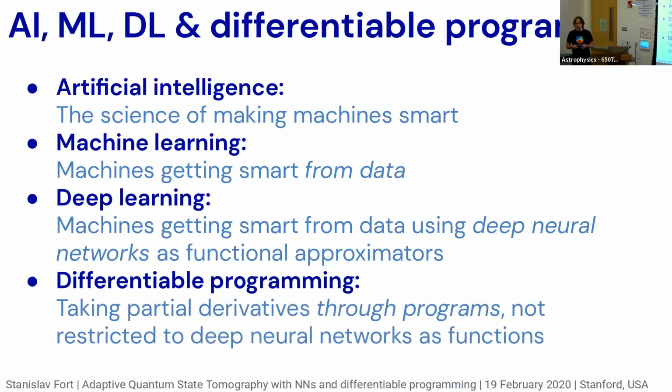And that term is a broader concept than either machine learning or deep learning. It's a branch of, I would say, AI, where you differentiate through programs. So you have a program, an algorithm, that takes inputs and spits out outputs, and you can take a differential through the whole thing. If you have some unknown parameters in it, you might be able to specify an algorithm up to certain constants. You can learn these constants through the program. So that's the concept of differential programming. It's a relatively new concept, but it fits nicely with these previously discussed branches of AI.